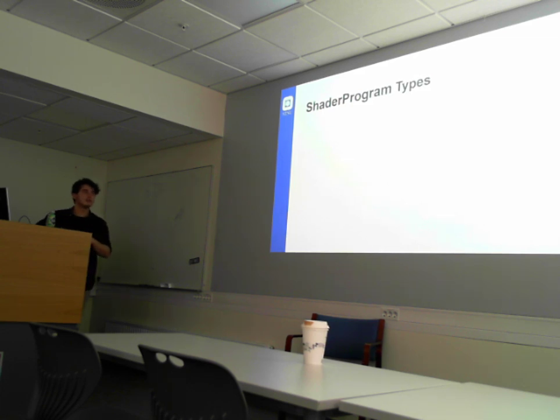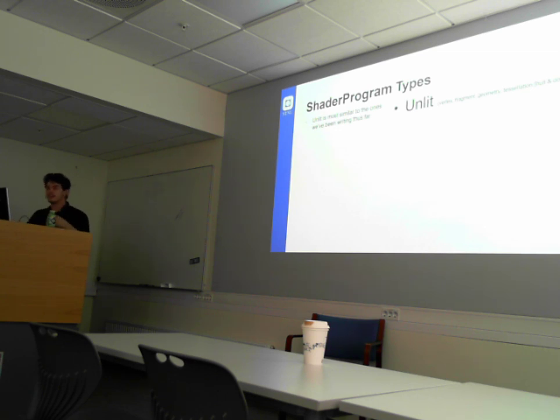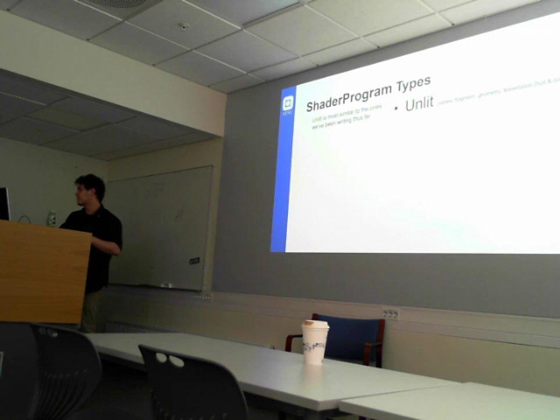So in Unity, we have 3 different types of shaders. The first one is called unlit, which is the most similar one to the ones we've been writing. It's called unlit because there's no inherent lighting applied, so you need to do the calculations yourself. It's not really unlit unless you don't apply the lighting, but in many cases you don't need any lighting as well, so it's a sensible name in that sense. The unlit shader type has all of the standard shader stages: vertex, fragment, geometry, and the tessellation shaders,